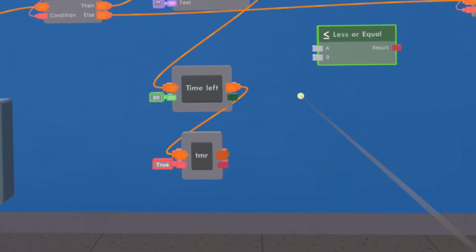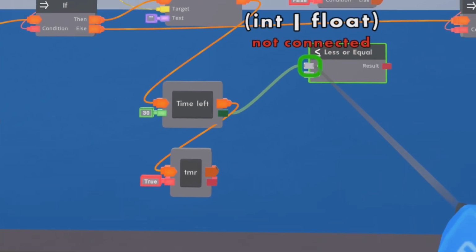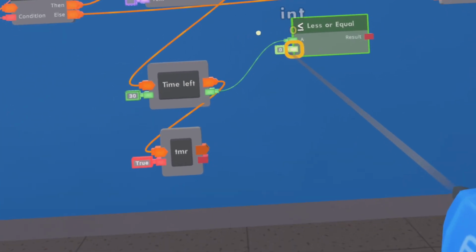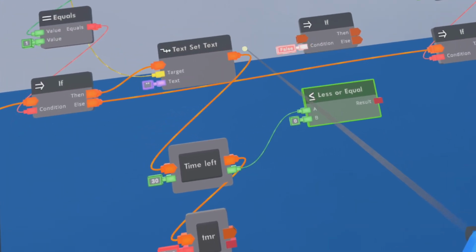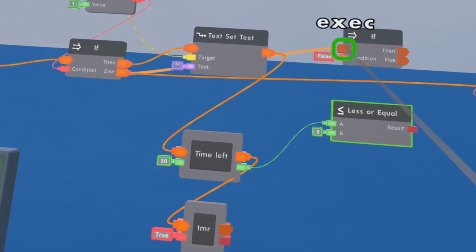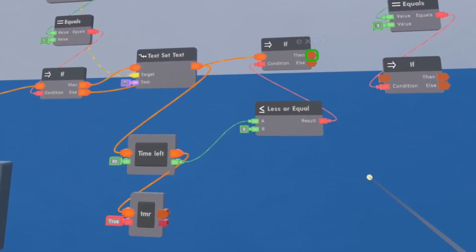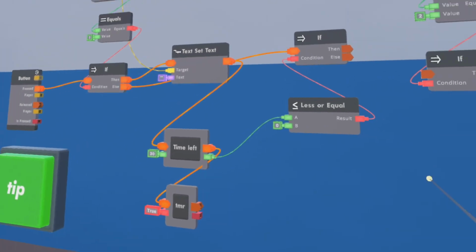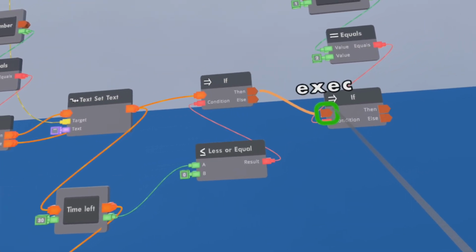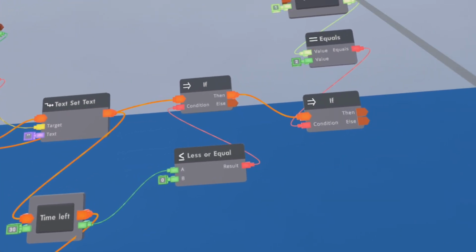And we will basically check if the timer left is less or equal 0. And we will put this in between. And if it's less or equal 0, then it means the timer has run out. We can continue with this and